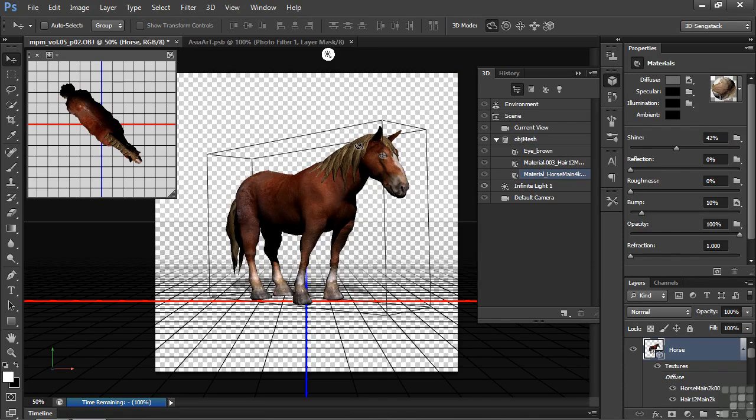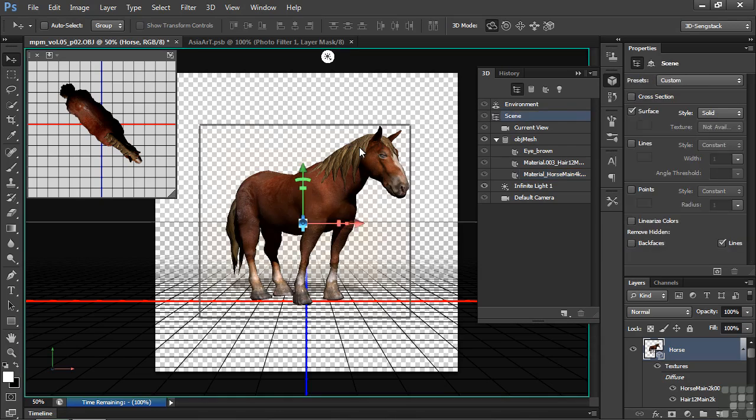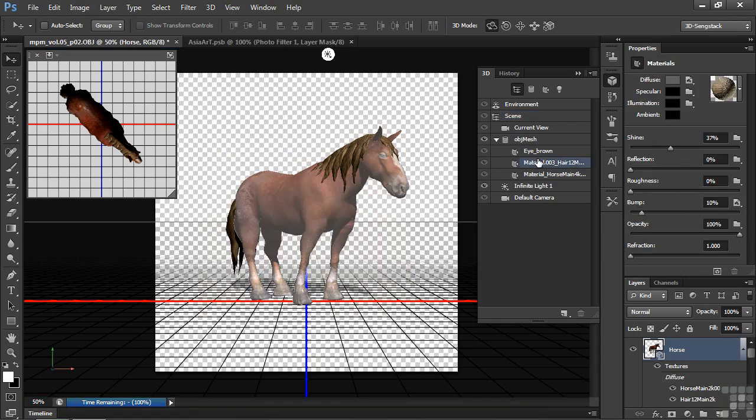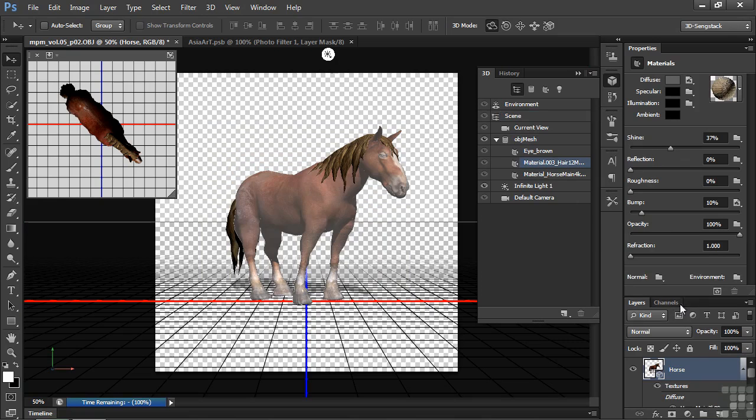But there's something additional that you would probably not notice if you didn't know that you could check for such things. This file comes with two normal files. Now I mentioned that normal files are things that are pretty hard to create, but they allow you to have more contours without creating a whole bunch of polygons. Let me just take a look at that. I'll click on the material again here for the hair. I'll do that one first. Let me open this up here, and down at the bottom there's normal. If you go over here and say load texture,